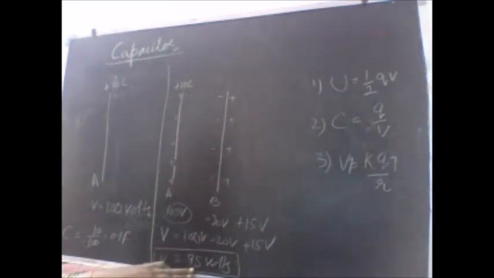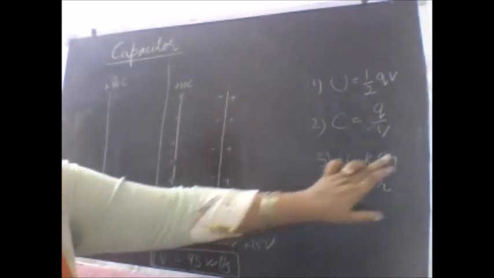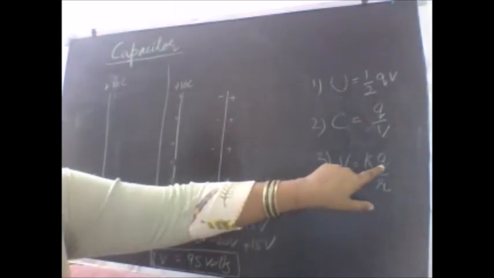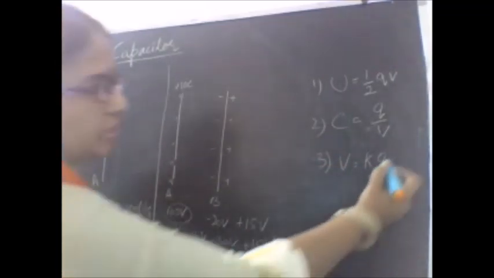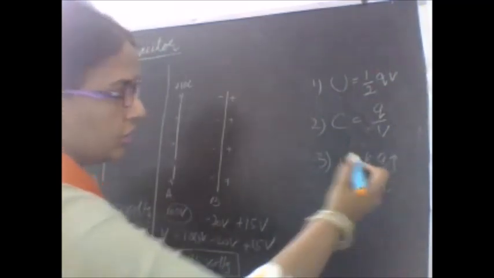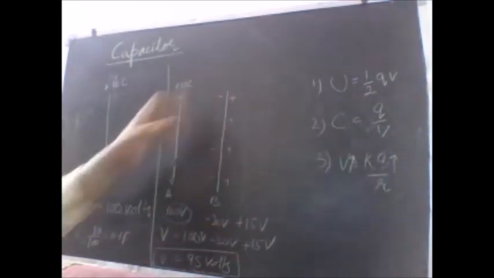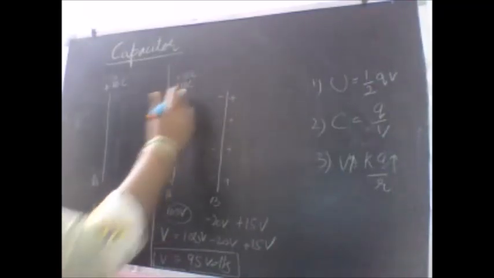That means if I want to increase the potential from 95 volt back to 100 volt, what should I do? Since the potential is directly proportional to the charge here, I want to increase the potential, that means more and more charge should be given, keeping this R factor constant. So you have to increase the charge to increase the potential back to 100 volt. Assuming that the charge I have increased over here is, say, I can now add 10 coulomb charge more to this, pure assumption.